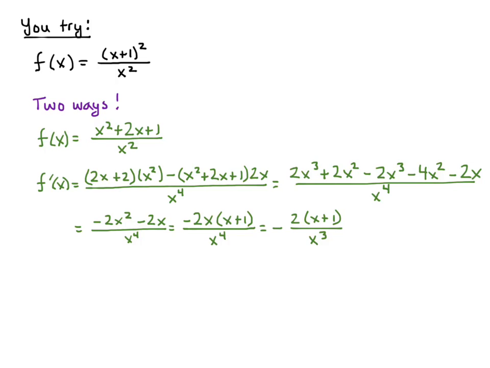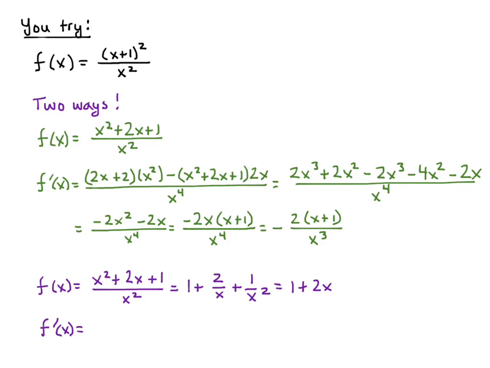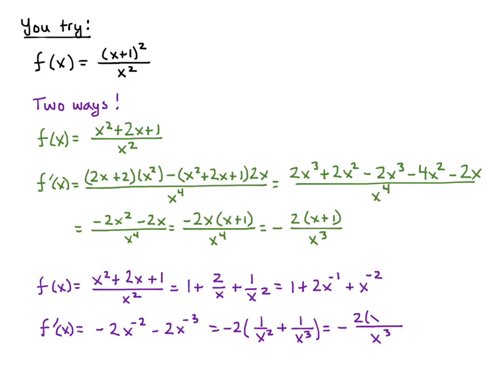The other way to do it now is to write it like this, where I'm going to divide through by this x squared first. Okay, so I could take x squared divided by x squared is 1. 2x divided by x squared is 2 over x. 1 over x squared is just 1 over x squared. This is a much easier derivative to take now, right? Okay, so I'll post this so you can study it, but